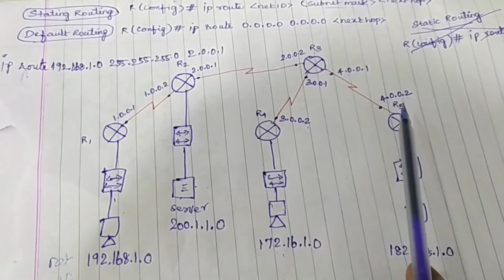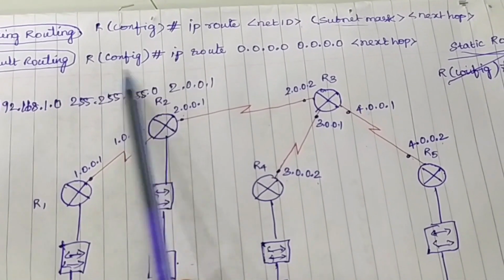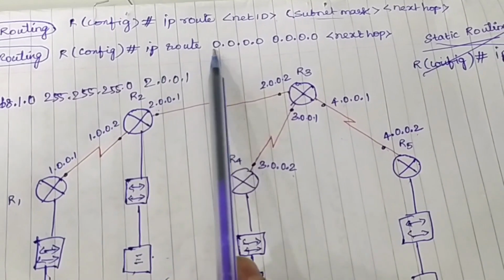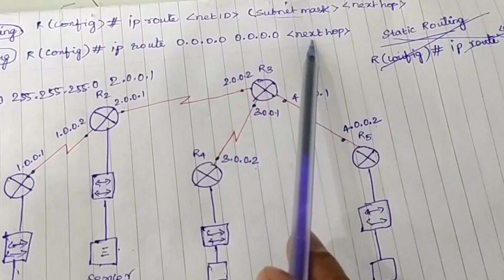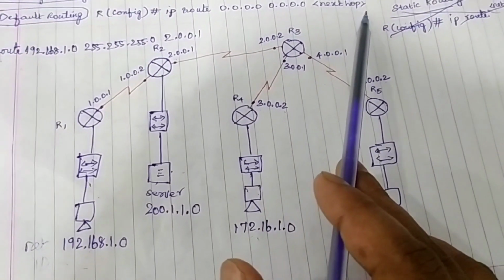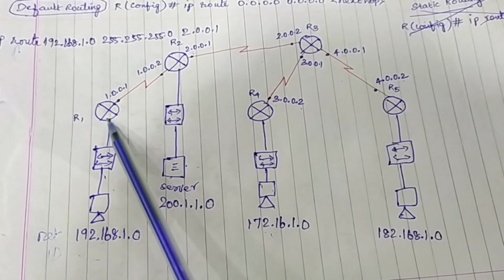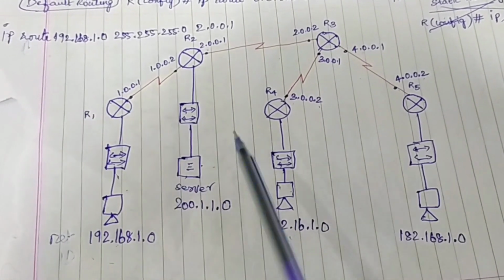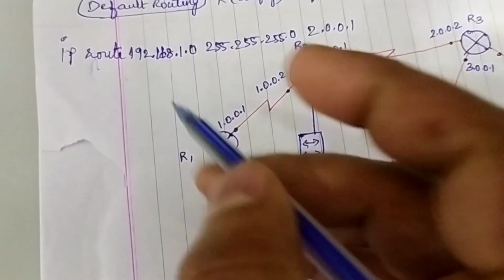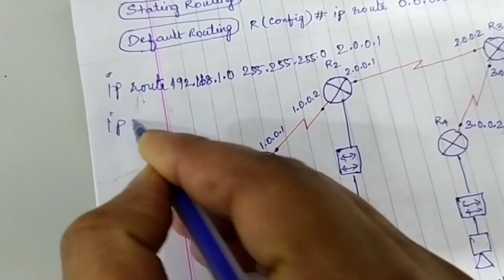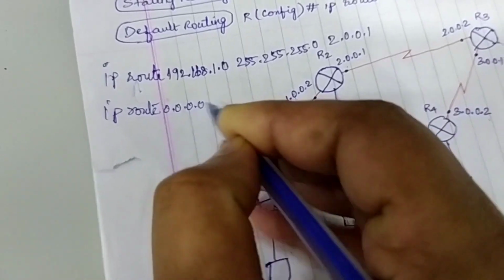So what is the command? Just see, for default routing, you should be in global configuration mode. The command is IP space route space 0.0.0.0 space next hop. It is easy. Okay. For example, now I am doing default routing on R1. What do I need to write? IP space route space 0.0.0.0